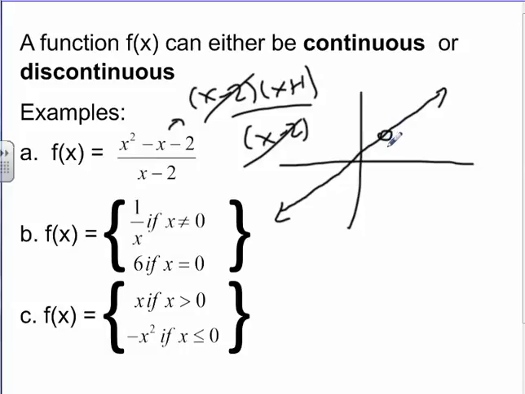There's a gap because this is your non-permissible value when x is 2. So this top one would not be continuous because there's legitimately a hole in the graph. And if you've been shown how to look this up with graphing technology, there are ways to see that there is a hole there through the table of values